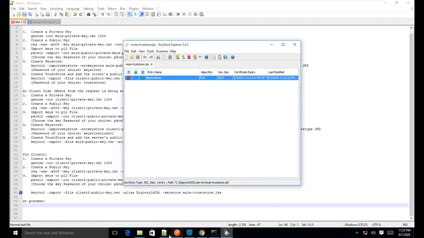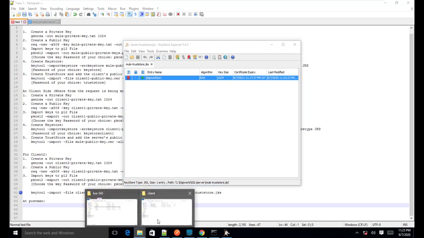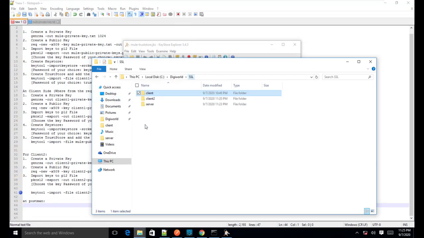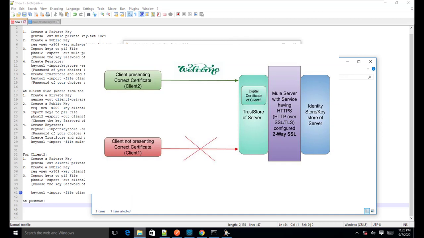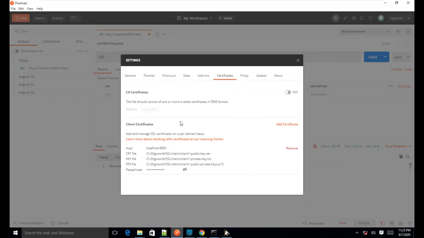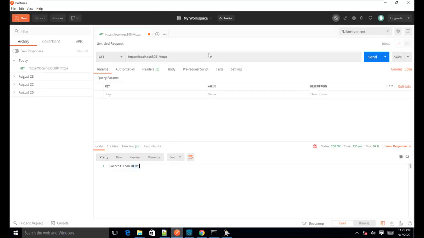So that is different. What I am trying to say here is that client 2 has a different certificate, which is trusted by our server, but client 1 is not trusted by our server. So if Postman presents the client 1 certificate, then that won't actually be accepted.